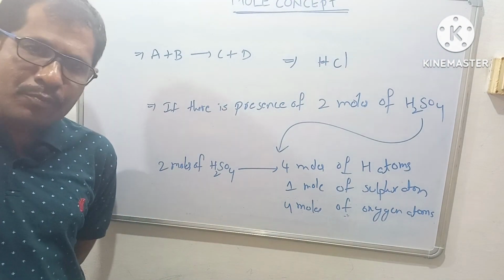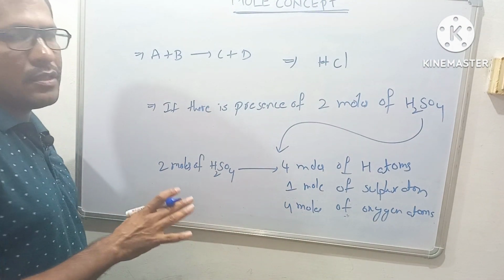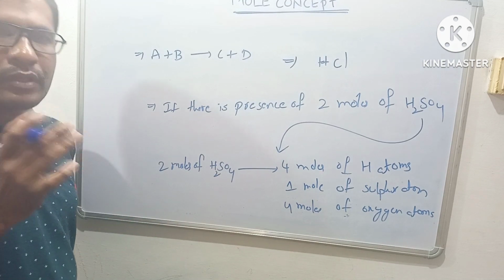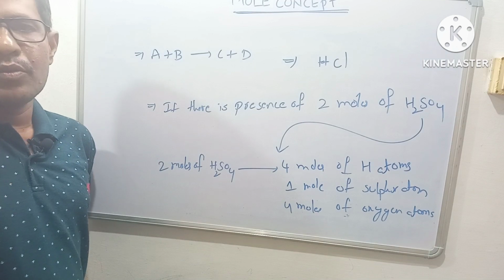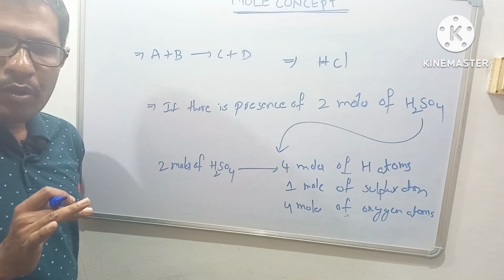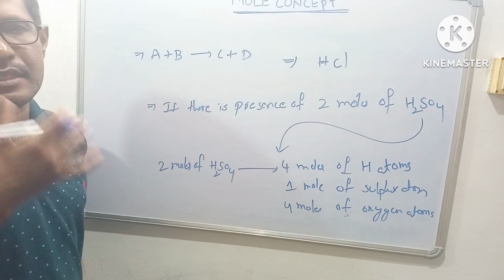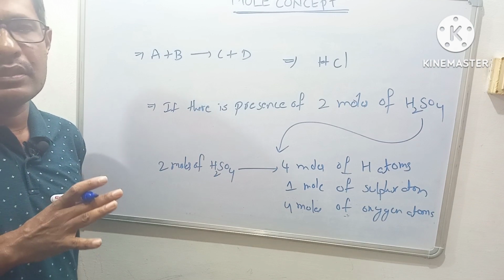So I will give you a very simple approach. You will be amazed. Just wait for the next video. There I am going to solve the problems. For this class, remember 3. n equals moles equals mass by molar mass. 1 mole of any gas at STP occupies 22.4 liters. And